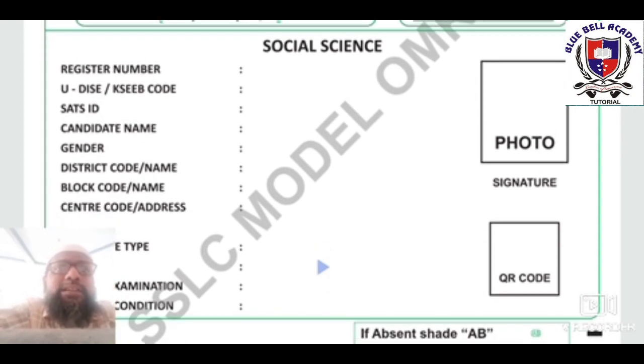I repeat once again: register number, candidate's hall ticket number, school DISE number, SATS number. It may be given on the other sheet also, but make sure it is correct, because it will be helpful in the examination. If you write the registration number correctly, then in the next column, the DISE code number, you have to write the number separately.